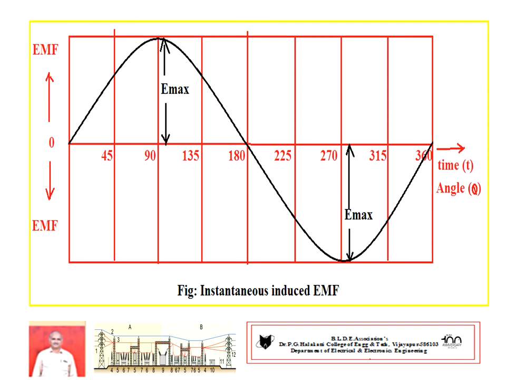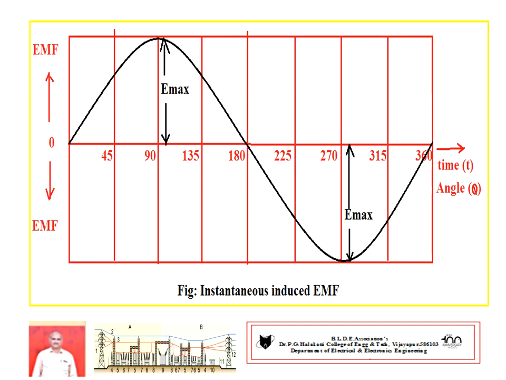Now you can observe this waveform. This is the induced waveform for one rotation. It is also called one cycle of generated EMF waveform, because different instants of time are taken here: 0 degree position number 1, 45 degree position number 2, 90 degree position number 3, 135 degree position number 4, 180 degree position number 5, and so on. Getting the idea?